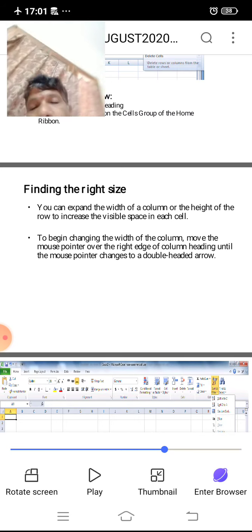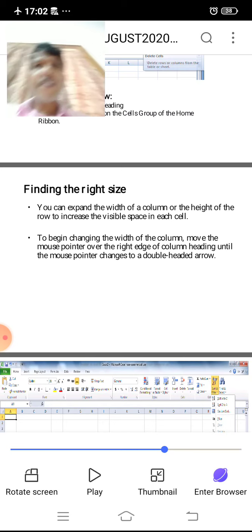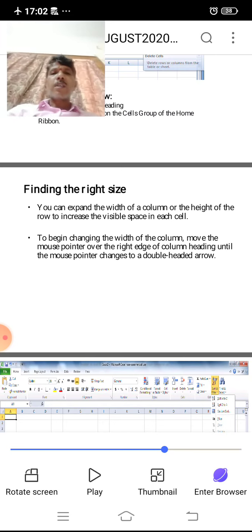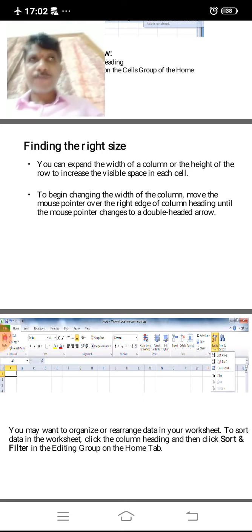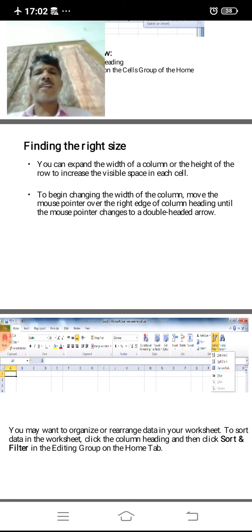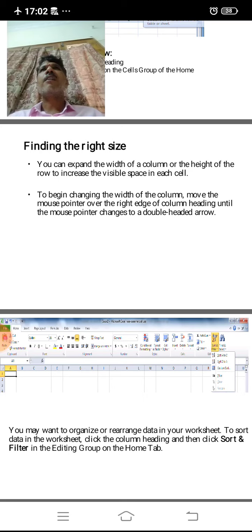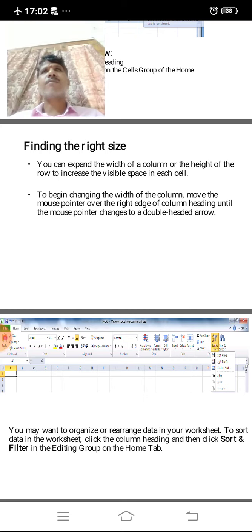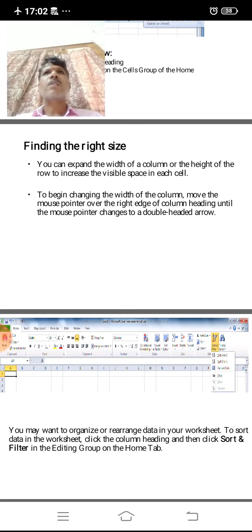To begin with this purpose, data can be organized in alphabetical order. Data can be organized in ascending or descending order of a particular field value. For example, if employees are there, employee records can be arranged based on employee ID, that is a numerical value. So the user can select the entire data, the entire worksheet, and click on the Data option. It provides various options. From that, the user has to click Sort.